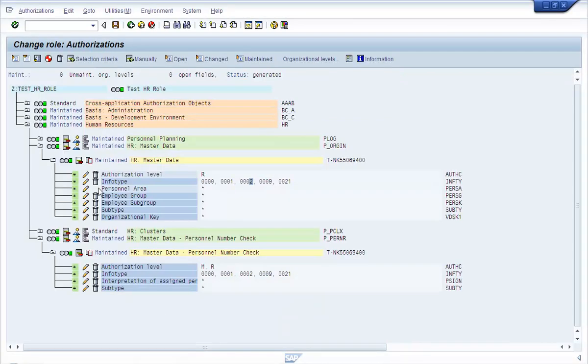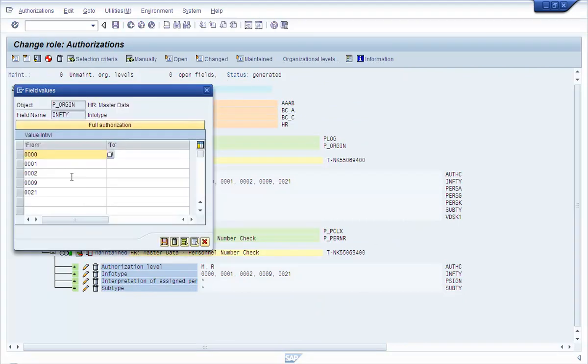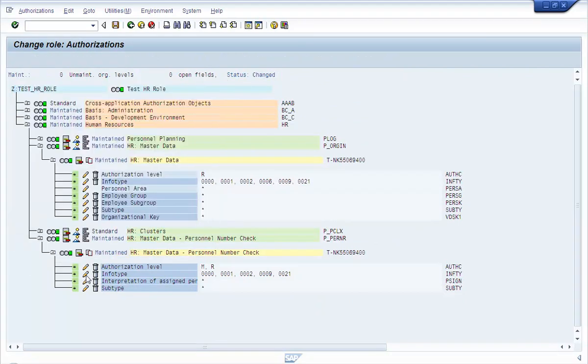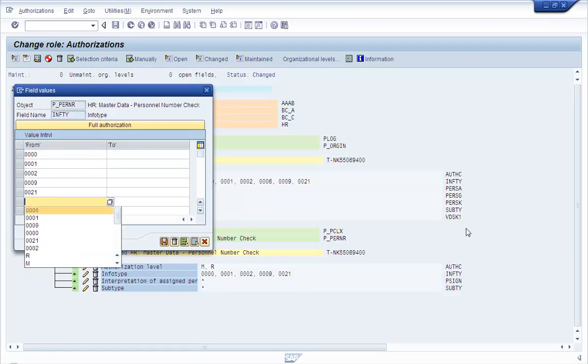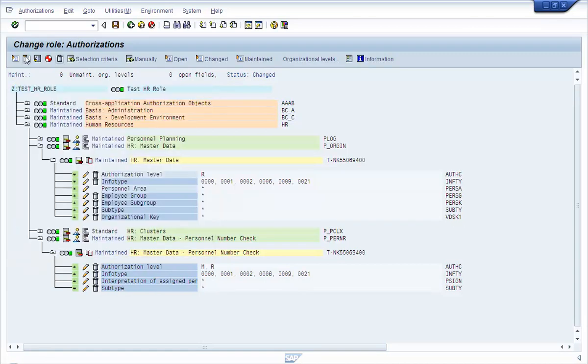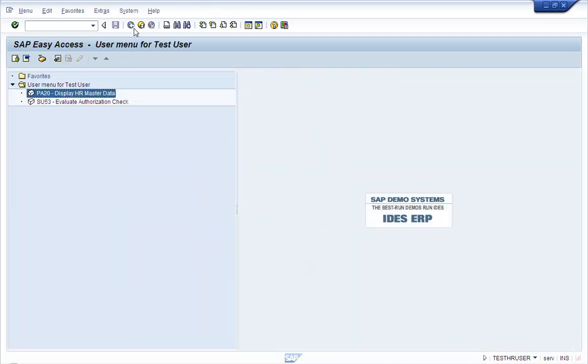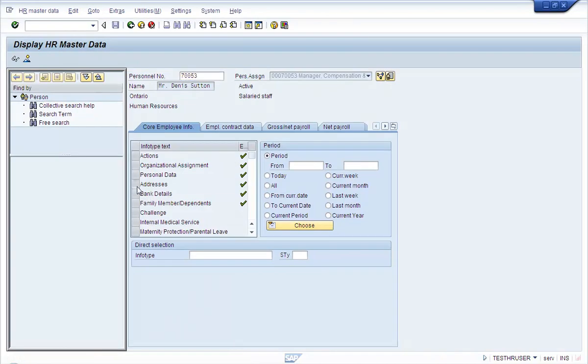Now if I put info type 6 back again, and let's go and execute it again. The user can see the address now.